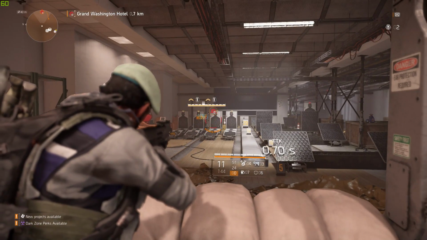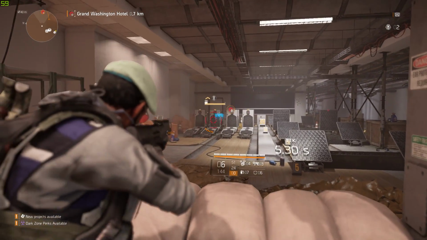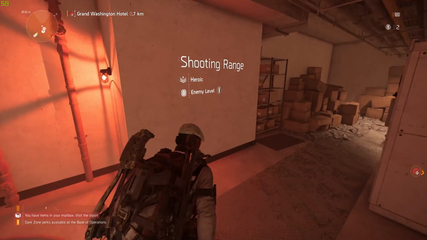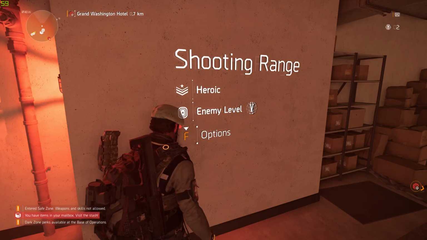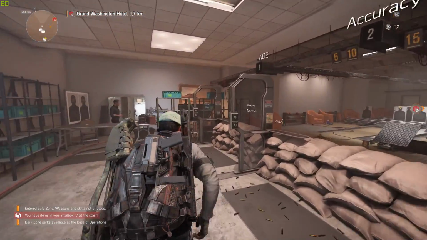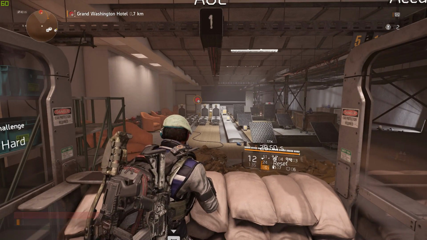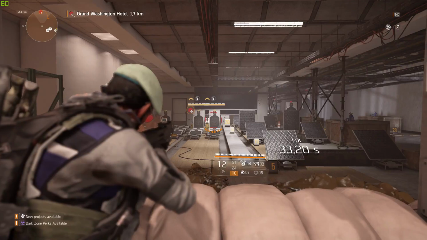Now, my settings here are set on heroic, so I'll probably use about half my magazine to take down one NPC from this range. And that's just because the NPCs are actually set on heroic. You can come to the base of ops now, and in your shooting range, you can actually change your enemy level options. And so here we're on heroic difficulty. So if I have a full mag, it'll probably take me a little bit over half that mag to take out an NPC. But I probably will not be using this for NPCs without armor,